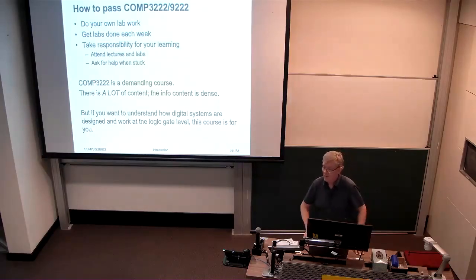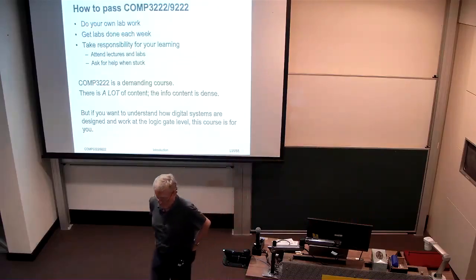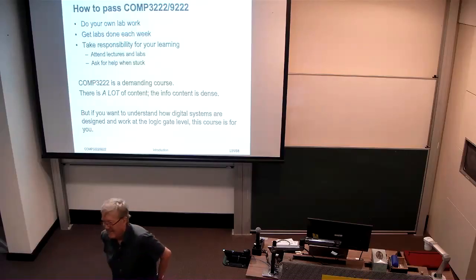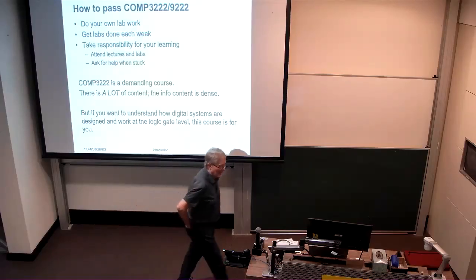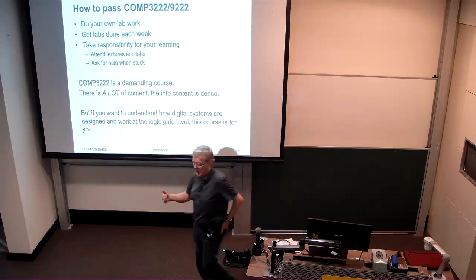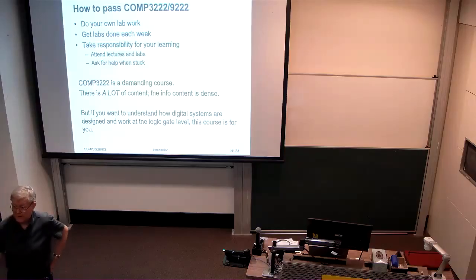Yes? In previous terms, the lecture notes and the chapters from the textbook, there was a mapping between them. Yeah, is there the same table for this? No, I haven't put a table up. I think sometimes I do make it clear which part it comes from. The main difference is I developed the notes for third edition of the book. There's now fourth edition. You can't buy the third edition anymore.